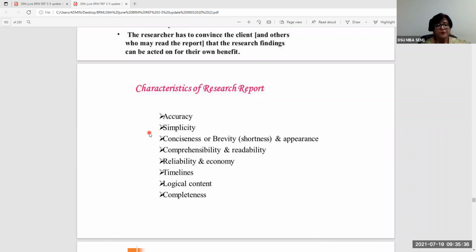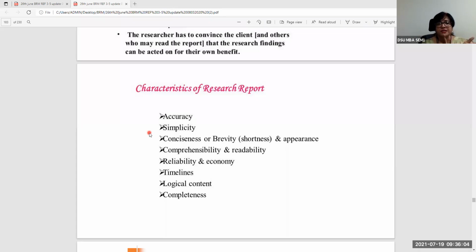And the next step of the research process would be to develop an approach to the problem, which all of you know. So has it been done, and is it getting reflected in the research report, which would perhaps mean the second chapter of the research report, which could focus on the review of literature? Or if you're talking about a company, you talk about the profile of the company and the industries and give a detailed brief about why this particular research needed to be done with the research problem.